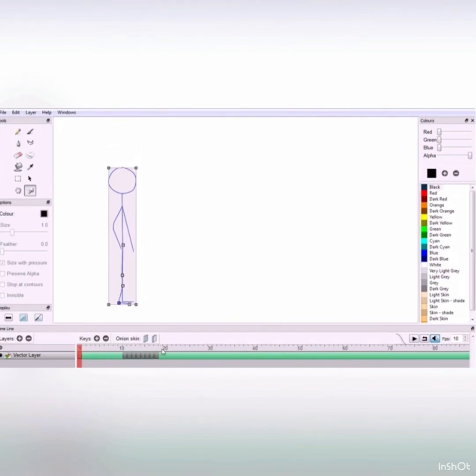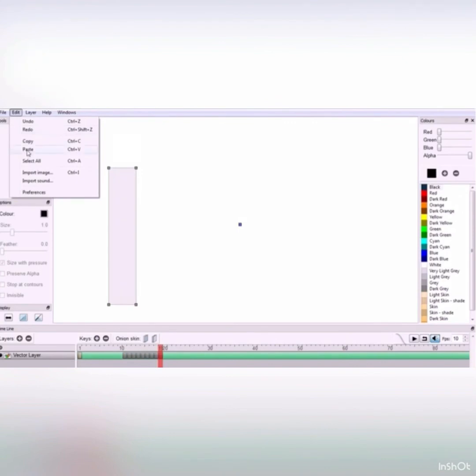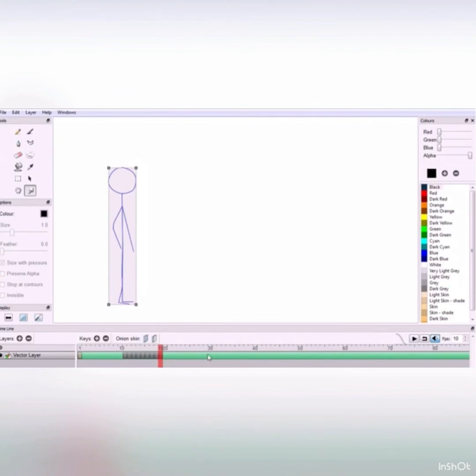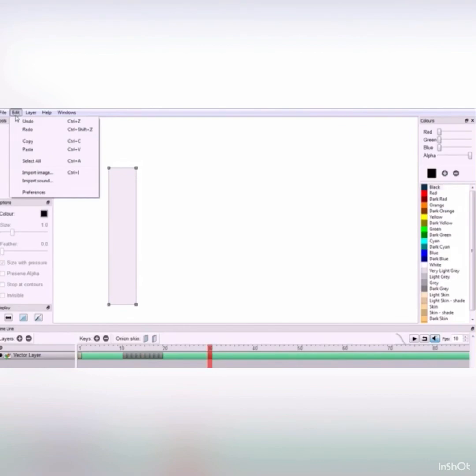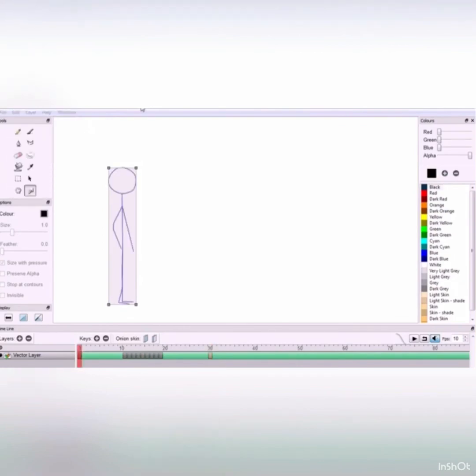In frame by frame animation, we create an image in every frame. You just see, I'm adding it with the help of Control plus C copy and Control plus V paste, same as I'm doing in the full, or you can say complete timeline.